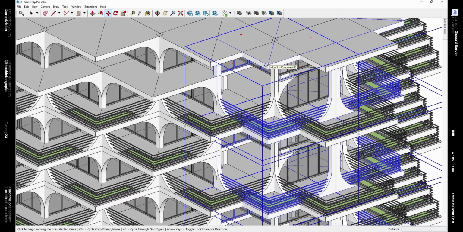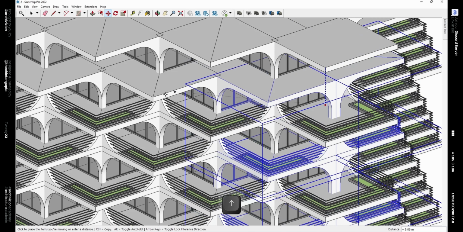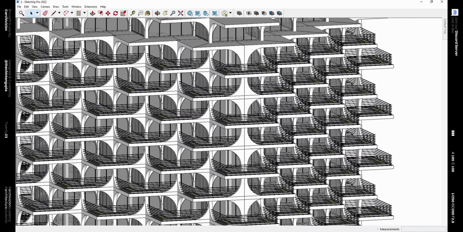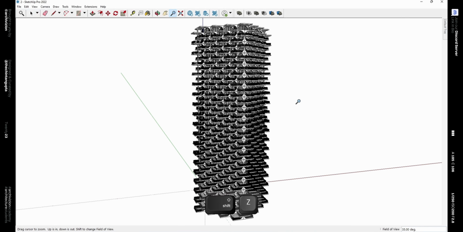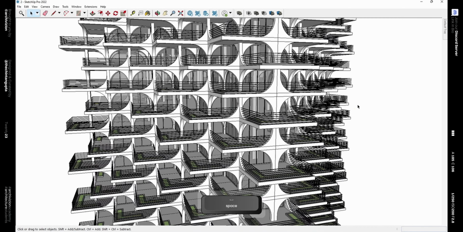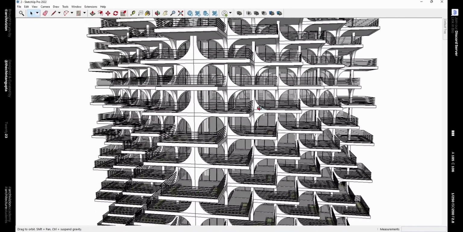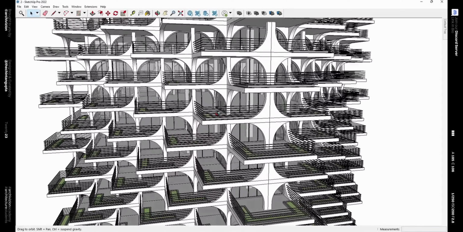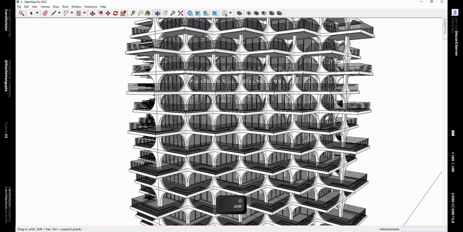As you can see, these are sort of at the wrong level, so we need to correct this by moving them down. With them being already selected, move them down to this level, and that should make it work and should look fine. And finally we are done with this. So this is how you model the CRISPR residential tower inside of SketchUp. You can use this technique to model your own forms by modeling a component and then arraying it around the box in a similar manner.